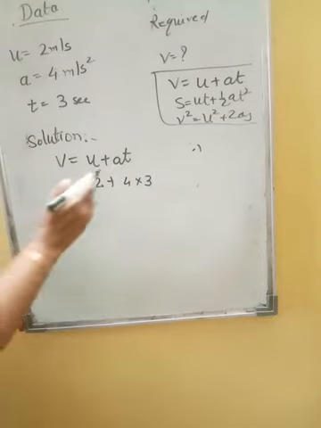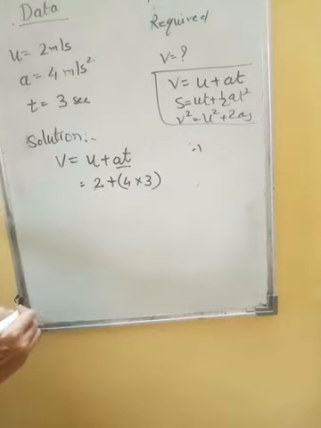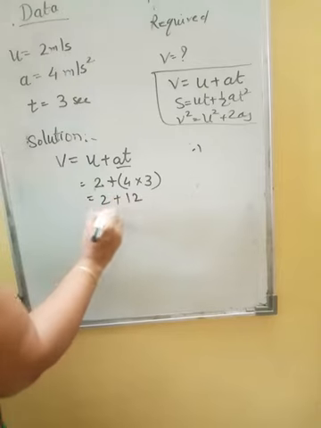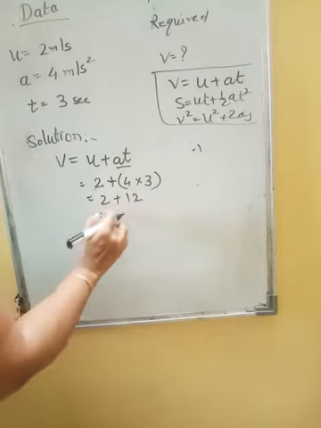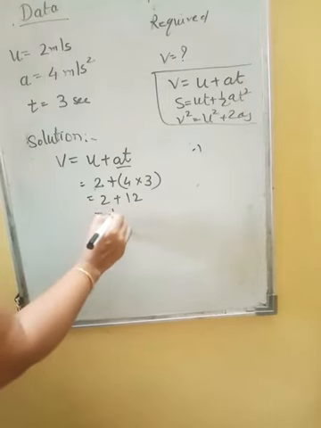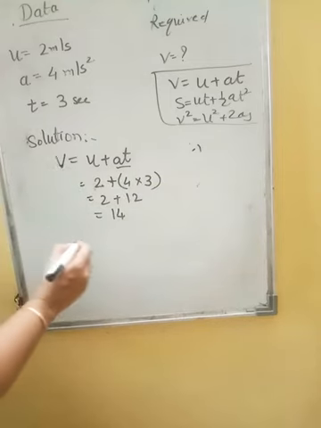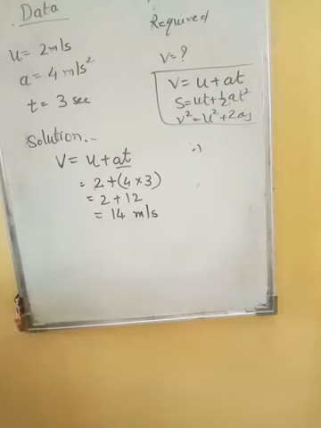Moreover, it is multiplication together, so you are going to do this part together. Okay. So you will have 2 plus 4 threes are 12. And then, see, this is the substitution part. Now this is the calculation and this is the step where you write the answer with unit. Now what will be the unit of velocity? Meter per second. So the correct answer with the unit contains half marks.